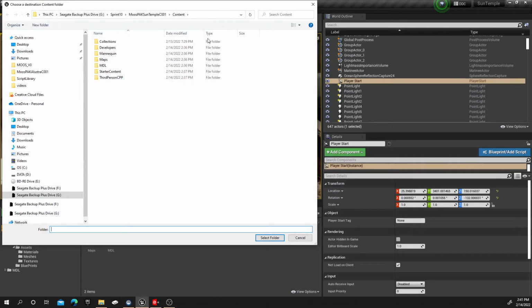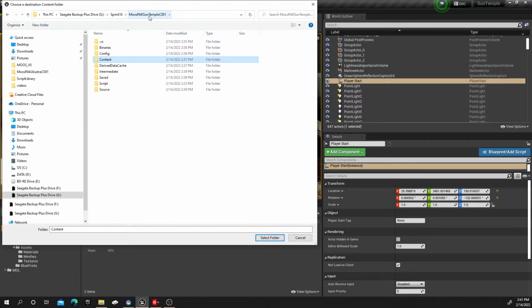And now it's going to ask where we want it to go. I'll look in my directory, Sunpack. I'm going to open this. And we want it to go to a content folder. Migrate requires that you go to the content folder. That's why the structure is so important. We cannot go to mid folders and everything else in between. There has to be a path from content to the places that we want to migrate stuff to. That's just a requirement. So I'm going to select the content folder of MOOS Pack Sun Temple C001,